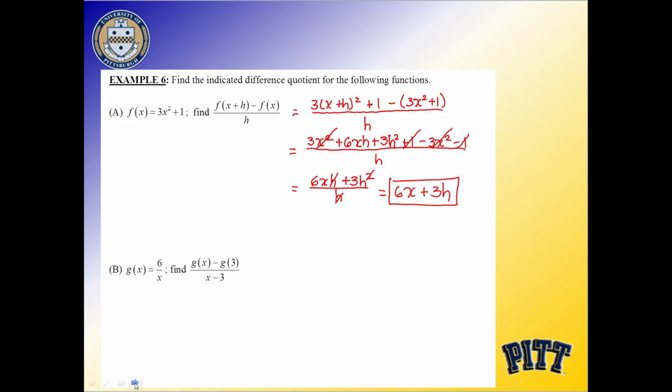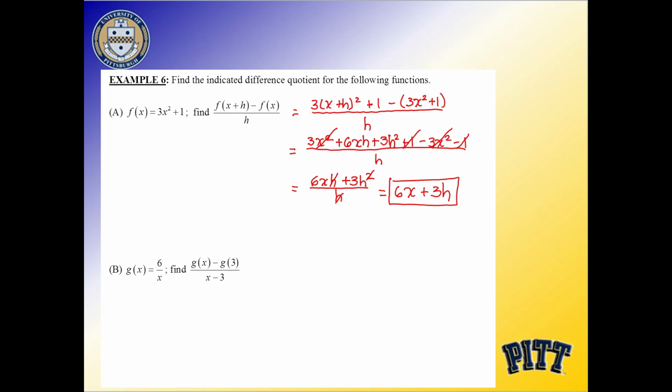Part B is another difference quotient that you sometimes see, but again, it's the same kind of idea. I'm going to have g of x minus g of 3 over x minus 3. My goal here is to get the x minus 3 that appears on the bottom to disappear. So I'm trying to get rid of a two-term thing, which means I better be able to show that the top is going to be able to be turned into something that has a factor of x minus 3 as